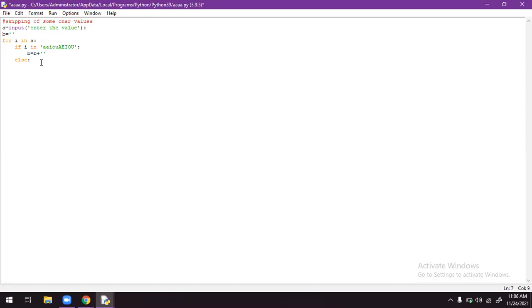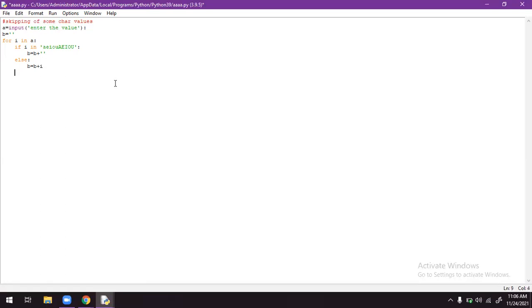Next, after completion of that skipping concept, we have to add each and every individual character: B equals to B plus I. Okay, it is quite difficult for you to understand.